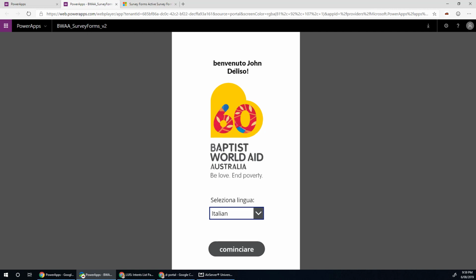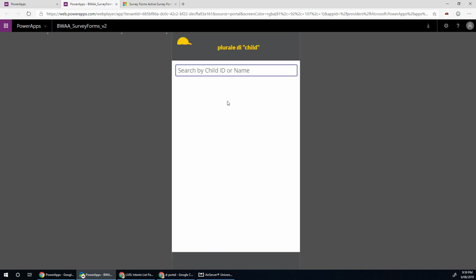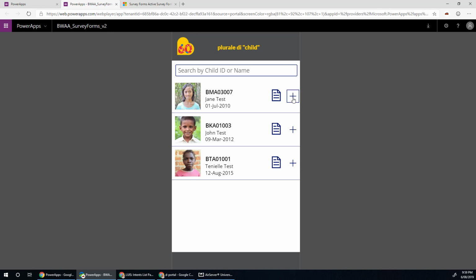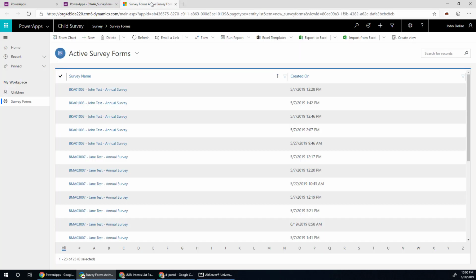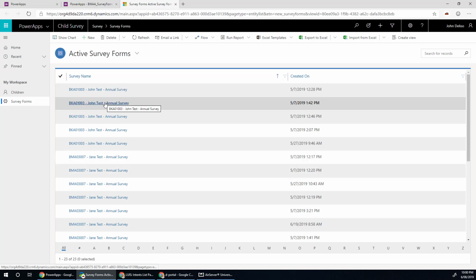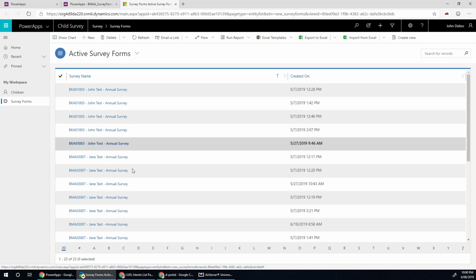Then I can go in and pretty much start collecting information with regards to the survey out in the field, in the language that my field agents are comfortable in, and then all that information, once it is captured, is sent back converted into English because that is their requirement, into the CRM as well. So those were two quick examples.